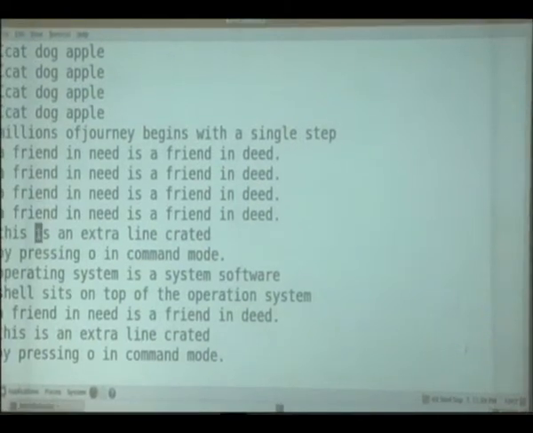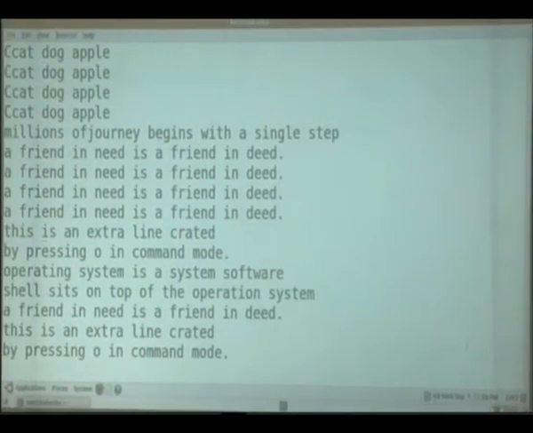Then I did some modification: this extra line was created, and instead of that, I have written this OS. I want to quit, so I go into the execution mode by pressing escape and shift colon,